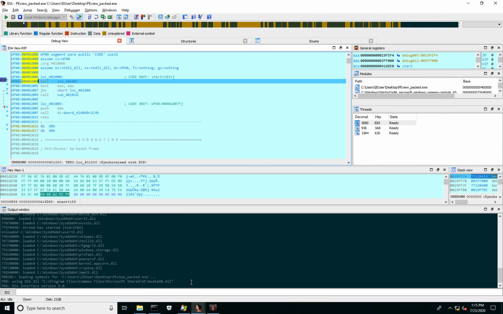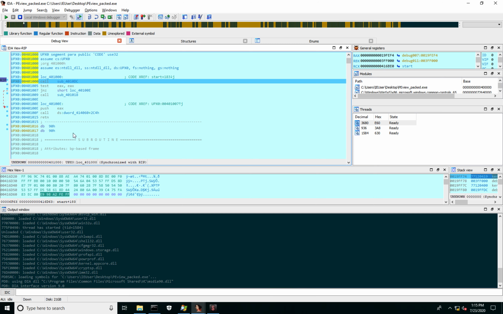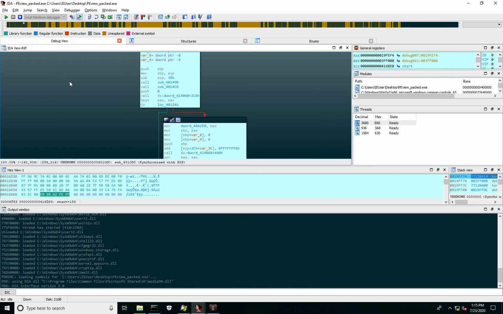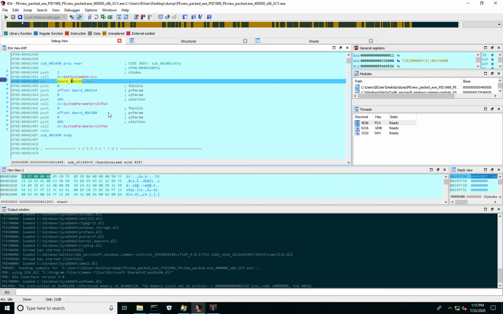Exactly the same. Let's have a look again. So we entered this call, then entered the second call, but in the initial application, the same code doesn't fail to write to that memory address.